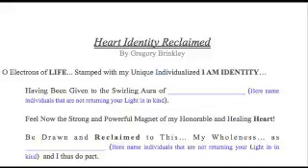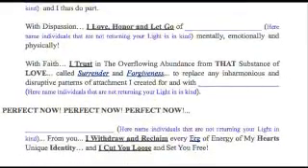Feel now the strong and powerful magnet of my honorable and healing heart, be drawn and reclaim to this, my wholeness, as this individual that is not returning your light in kind. And I thus do part. With dispassion I love, honor, and let go of,